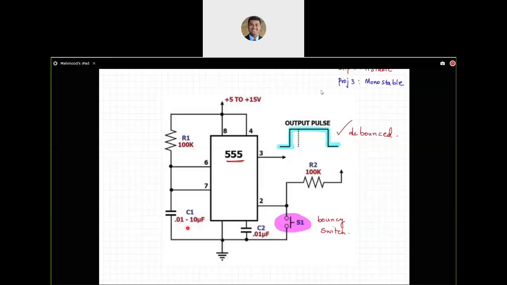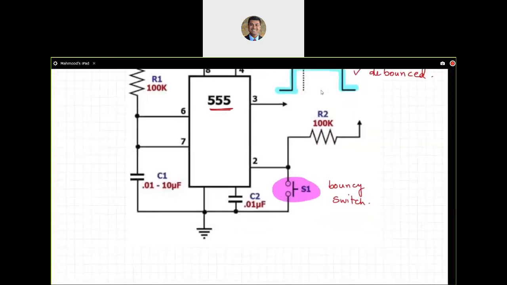You still have C1 getting charged through R1, but that is in response to a switch. So when switch S1 closes, you have pin number 2